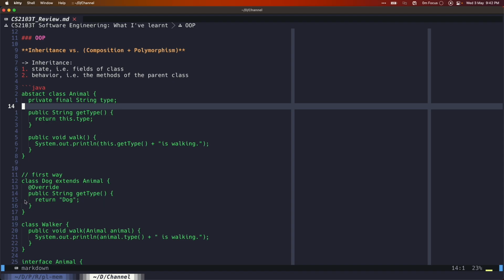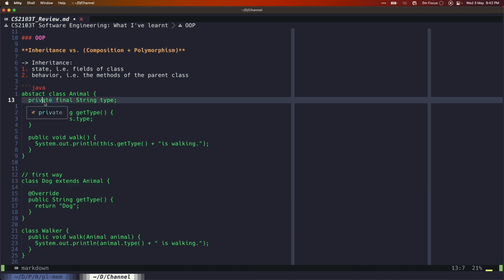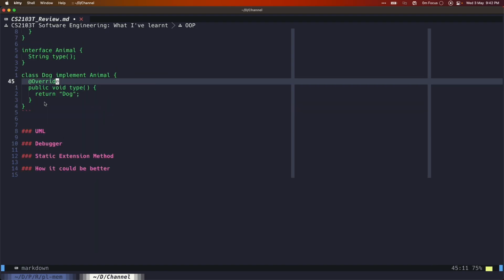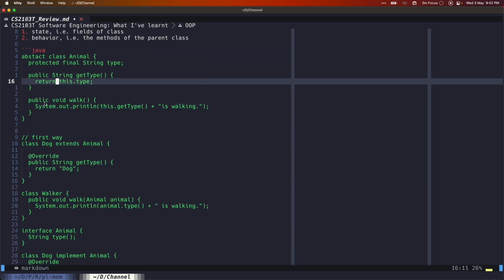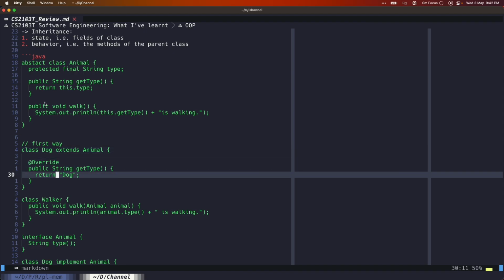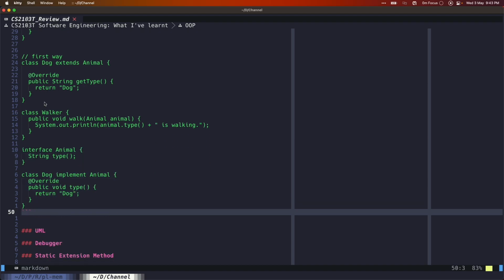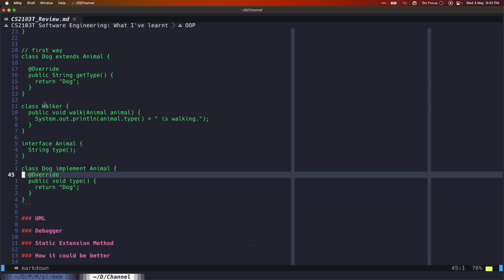And for the child class, you have to either call a constructor to the super, which makes you set the type, or you have to override this. But this thing cannot be overridden. Maybe it's protected. And protected breaks a lot of the abstraction boundaries. As a result, maybe I didn't present this very clearly, but I think that inheritance is just the wrong way to go. So that's one of the first things I've learned about OOP and why I think it's bad.